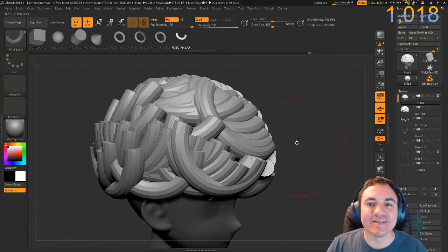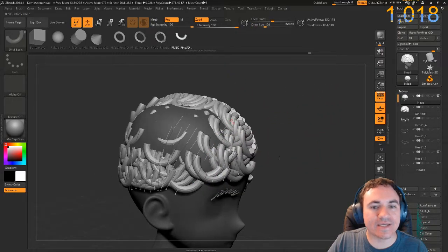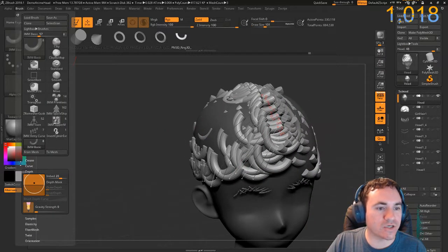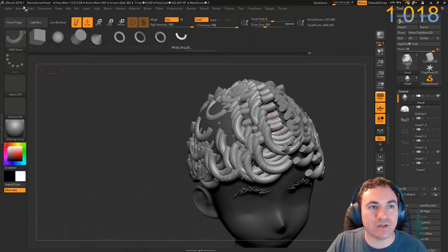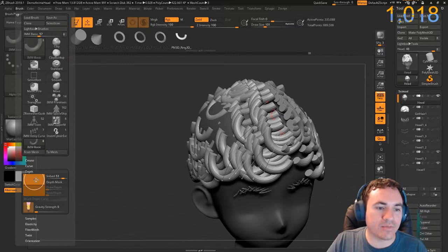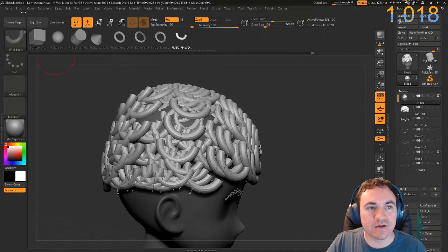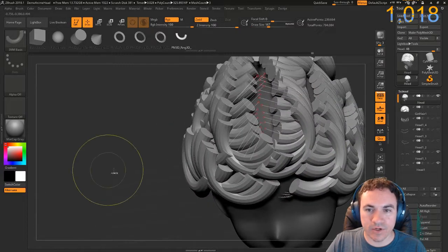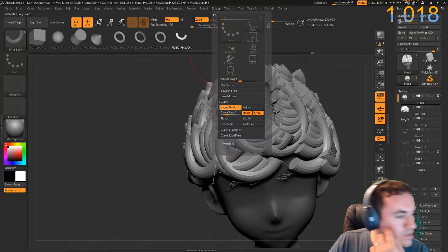Nice. Let's decrease this draw size. Draw it again. And then brush depth. Let's pull that out a little bit and draw it. Let's do it a little bit more. Depth right there. Looks a little nicer. It would probably look nicer if I increase the draw size, so let's increase that a little bit. Awesome. Pretty cool. But now I'm going to play around with the...